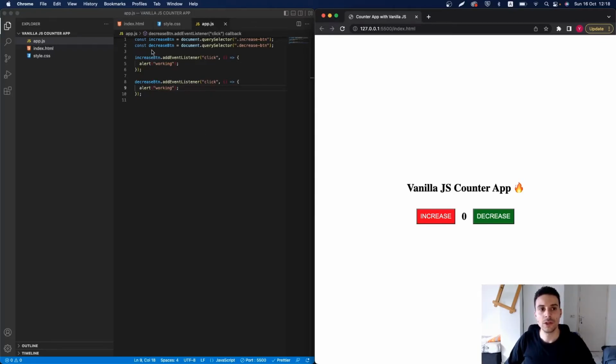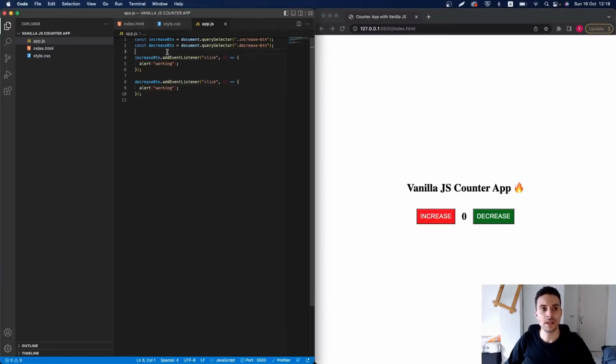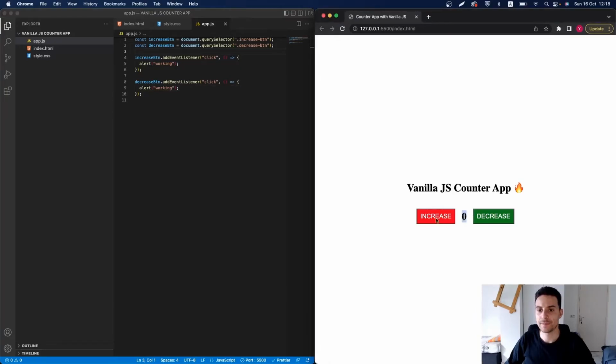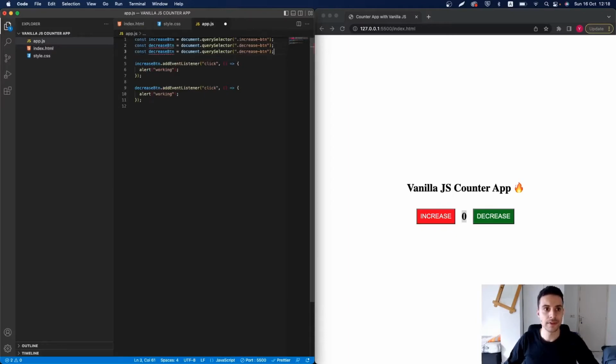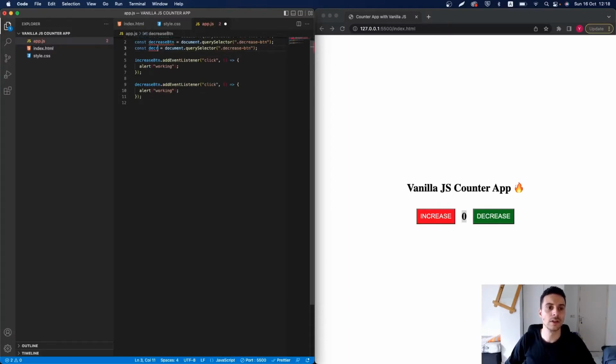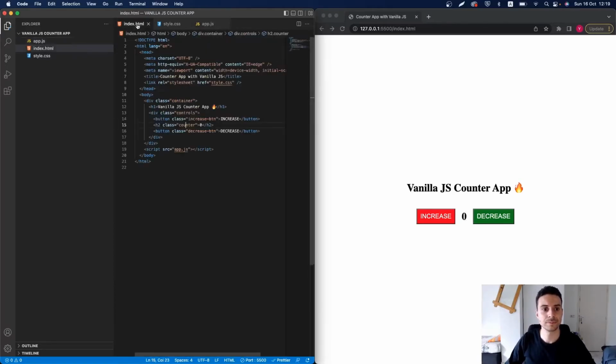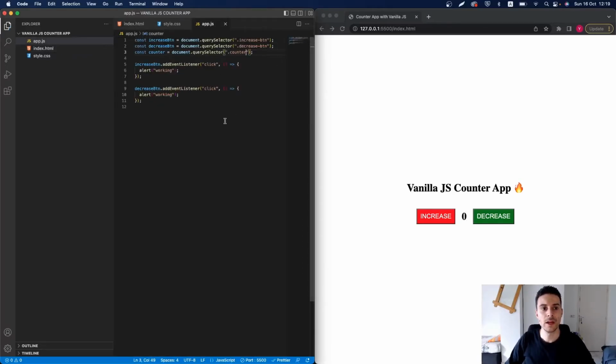All right, so we also need to grab the counter right here. Okay, so the way we grab the counter is by doing the same thing. We have counter class right here, and we can say const counter equals dot counter, just like that. Okay, and now